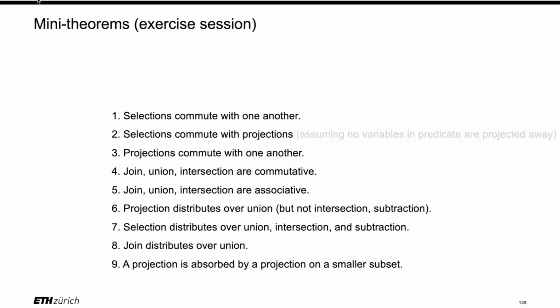An example is, imagine that a user has a table with 1 million rows and another table with 1 million rows, and the user says, I want to make the Cartesian product of these two tables. That would be highly inefficient because we'd have trillions of rows in the resulting table, followed by a selection. But thanks to the mini theorems that we've seen, and in particular the fact that a selection on a Cartesian product is the same as a theta join,